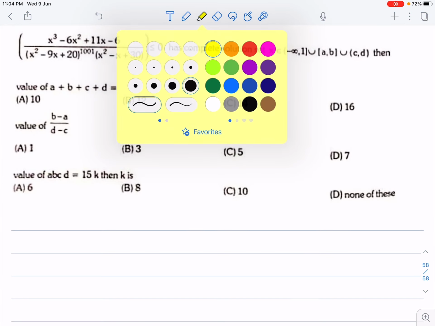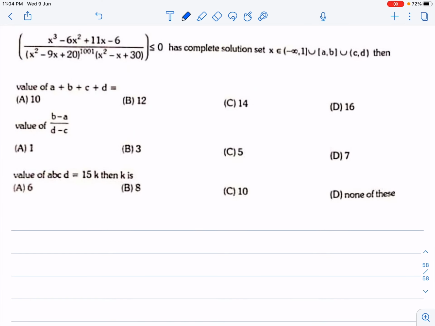So we'll be going to solve this question written on the screen. It's a question from inequality, which is very easy to solve because we know quadratic theory, and we know a square of a real number is a positive quantity. We have to use those two concepts to solve this inequality, and it will become very easy for you. The answer is in the form of these intervals, and I have to get the values of a, b, c, d over here.